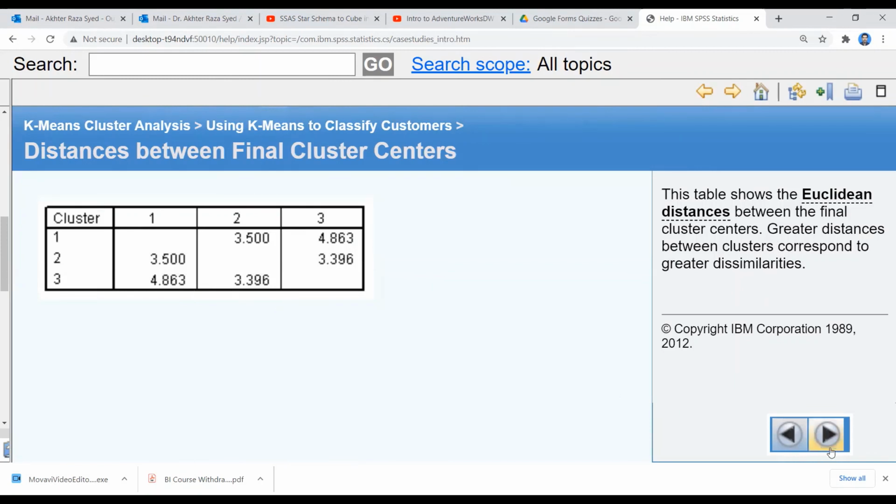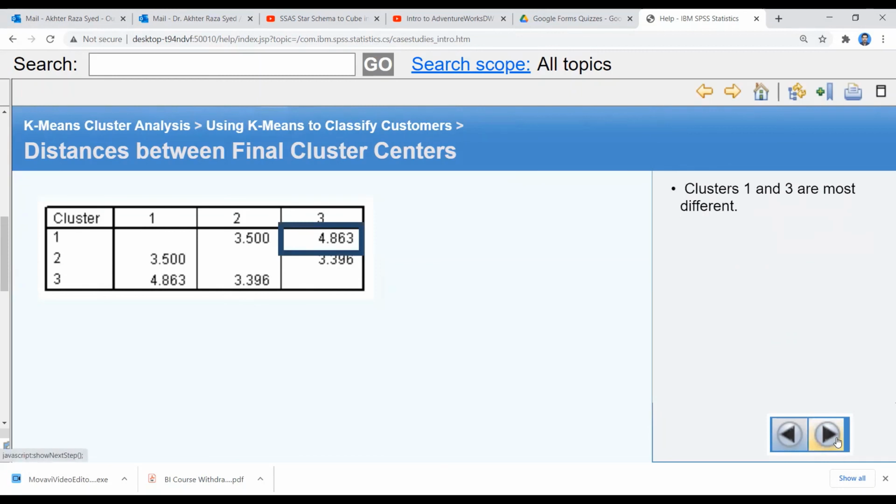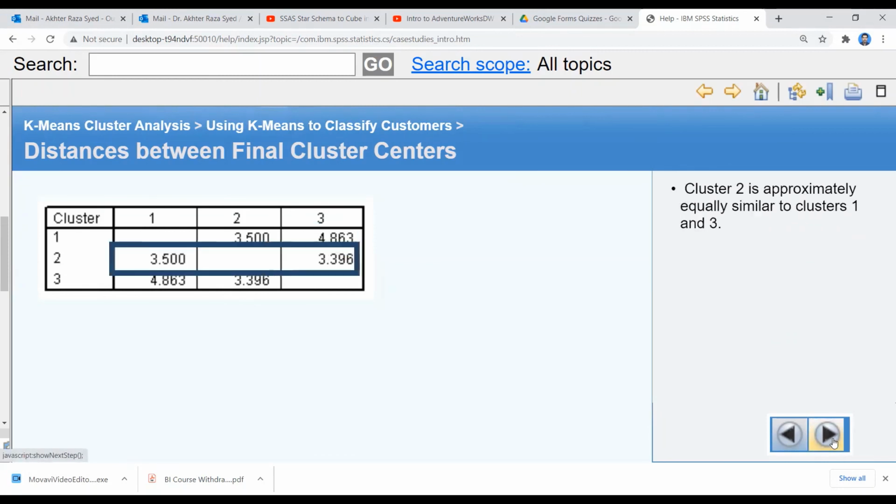If we have less dissimilarity, we can merge some of the clusters if we need. Cluster 2 is approximately equally similar to cluster 1 and cluster 3.